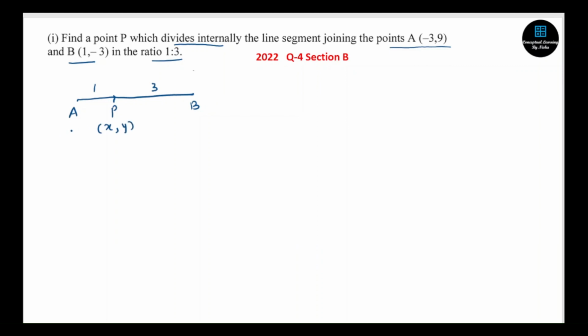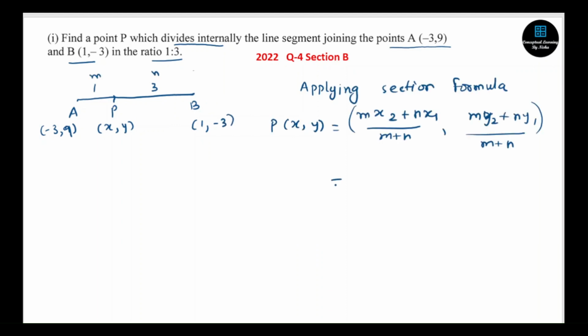These are x, y. Okay. And we are given this ratio. And we are given these coordinates and the ratio. So simple. Okay. Which are given. So what do we get? xy